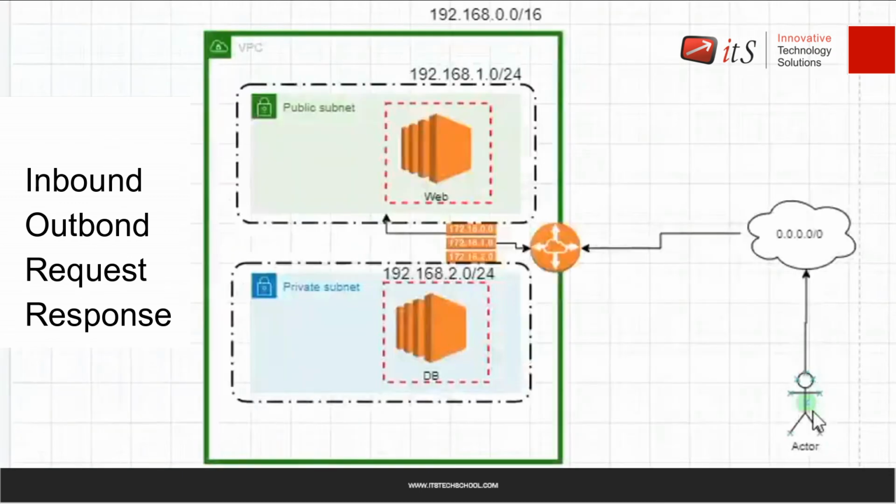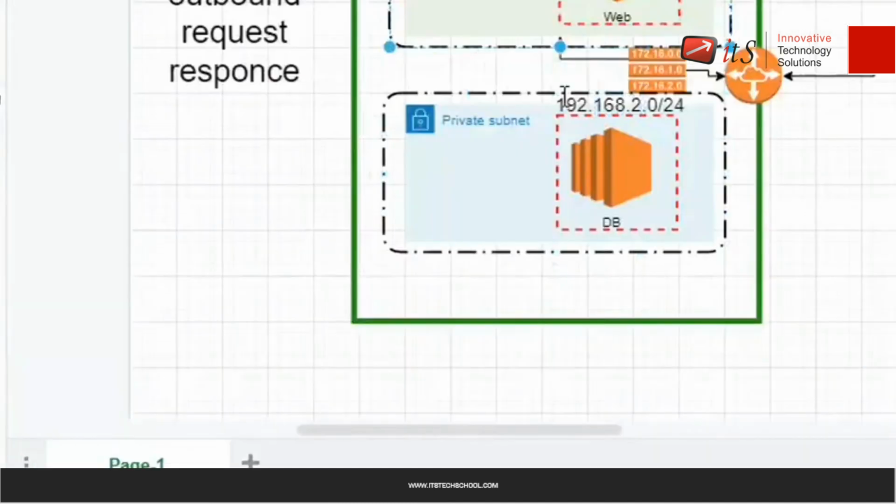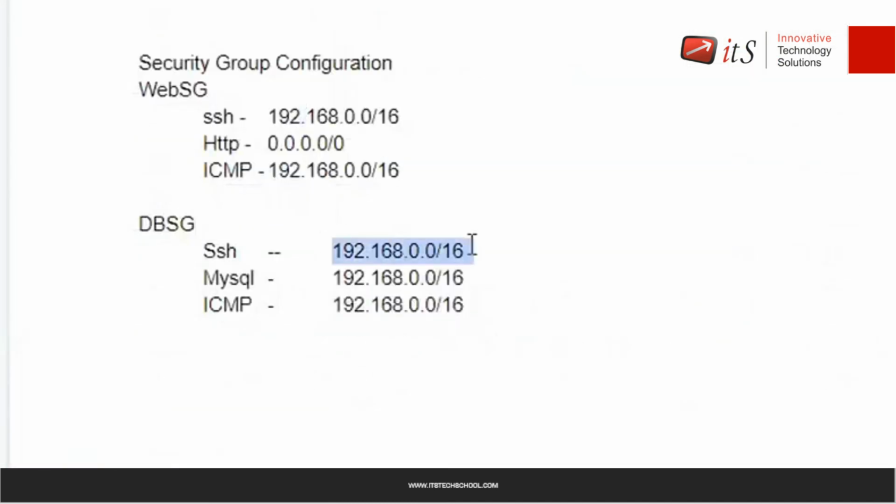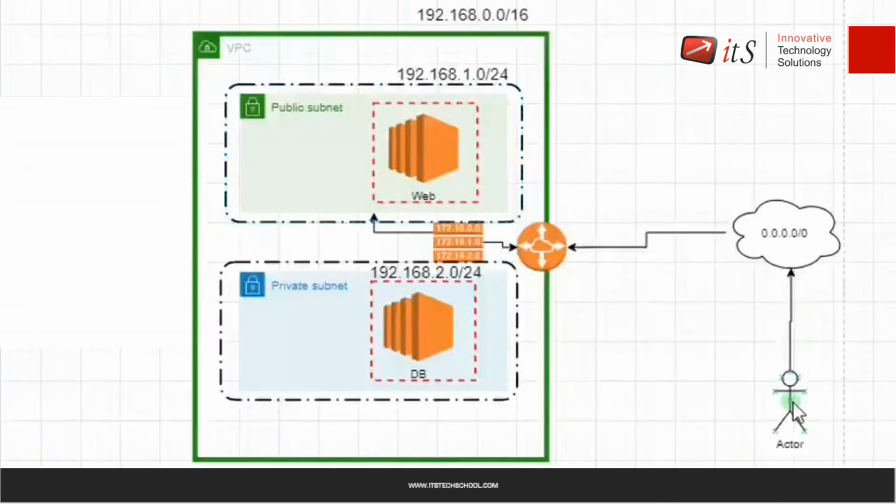If any of the Linux admins wants to access this machine for configuration, to patch the machine, make some changes, or update something over there, how can they connect? They don't have any option to connect, because I have allowed SSH only in the internal network. And this actor, the Linux admin, is not in the internal network, they are on the internet, right?